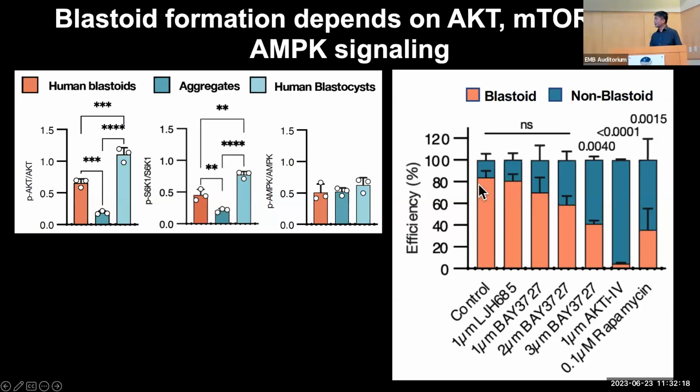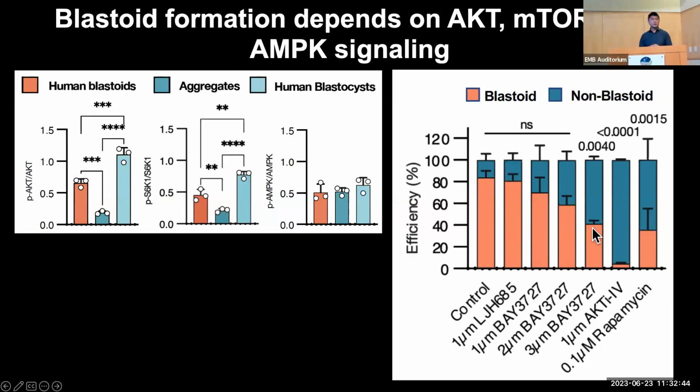So here, the bar graph shows that this is a control. The orange bar shows the efficiency of generating cavities in the human blastoid, about 80%, as I presented earlier. So it's about 80% efficiency to derive human blastoid. But with a different concentration of these AMPK signaling pathway inhibitors, we found that at the higher concentration we see a